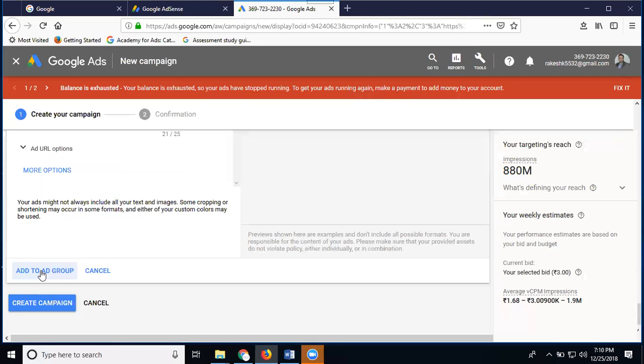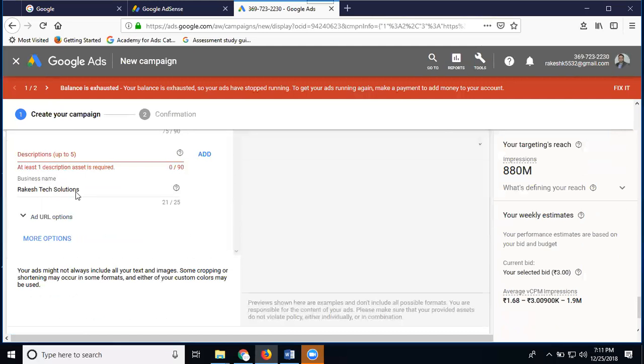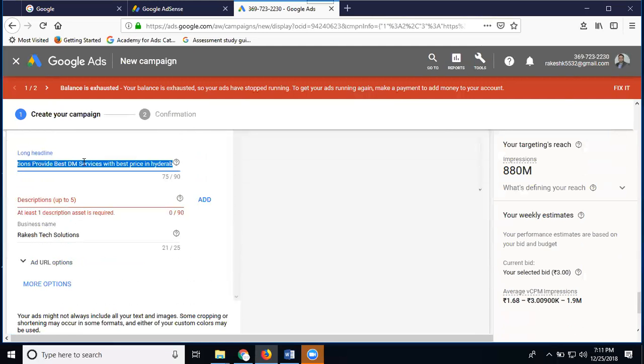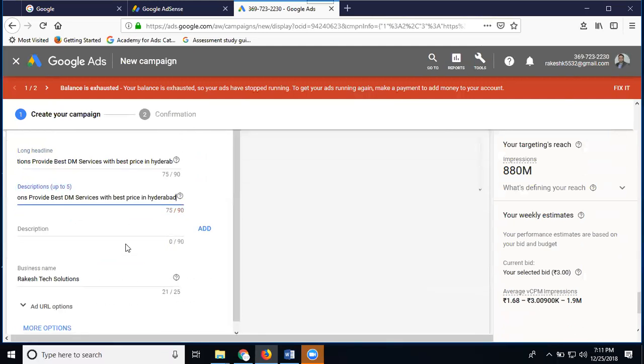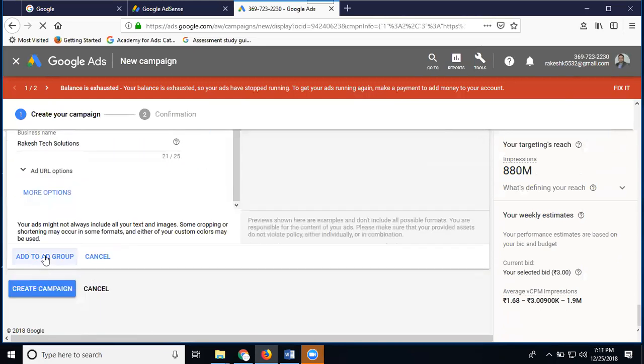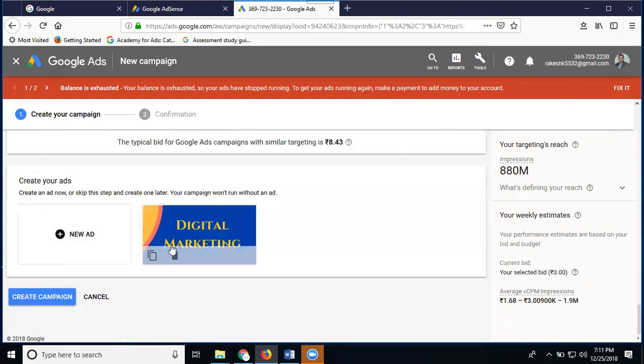Add to ad group. If you're getting any error, it shows the error here. So here, heading for proper description. Just here. Done. So you can get how many ads are there? You get n number of ads. Is it clear? Using n number of images and n number of logos, we make n number of display ads.